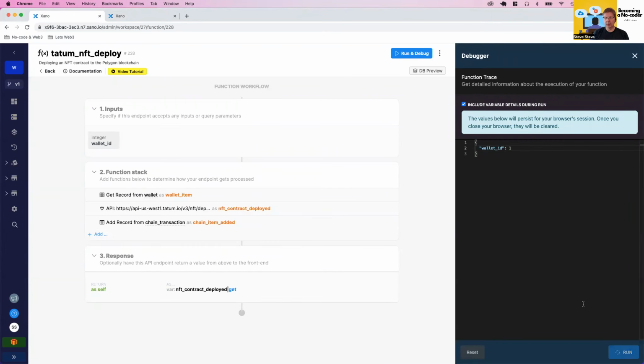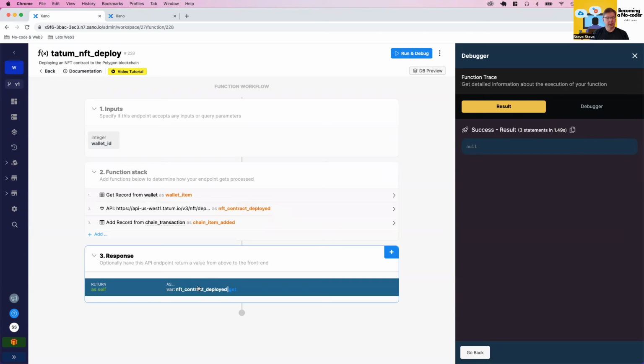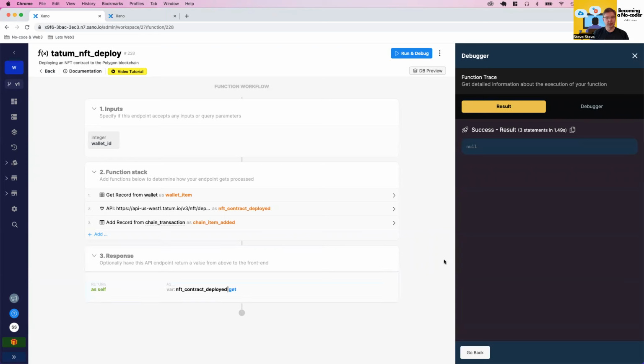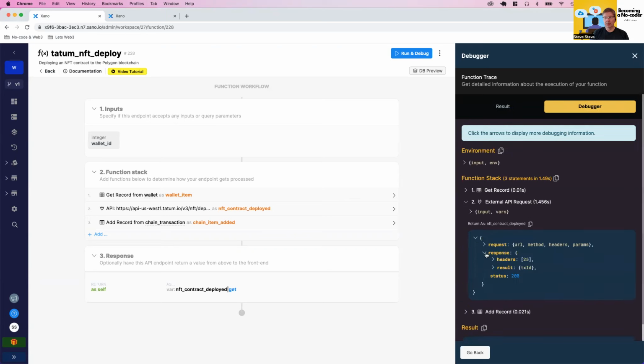What are the chances that we pull this off? Oh, it's a good start. Okay, so I got success. And we're going to go look at the debugger on this one. I'm guessing the get I have for the response for the NFT contract deployed was wrong, which is showing me no result. But I bet you if I come in here, look at the response